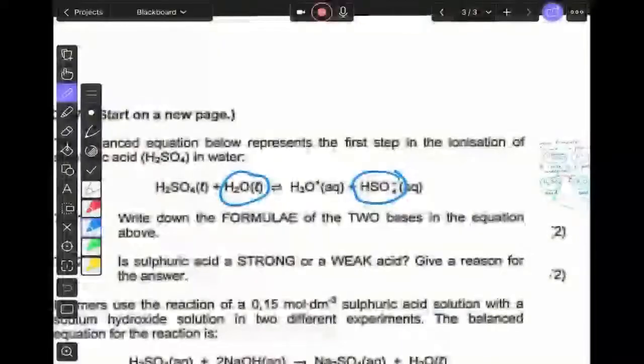Right, just a little bit more about acids and bases. If we look carefully at what I've written,